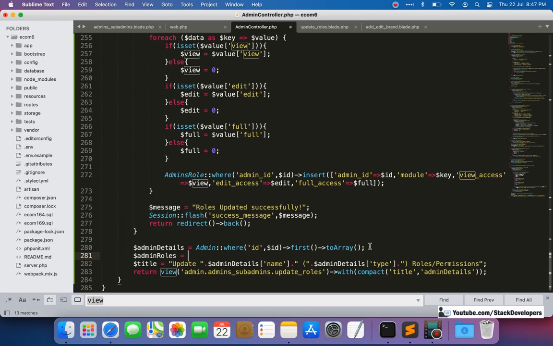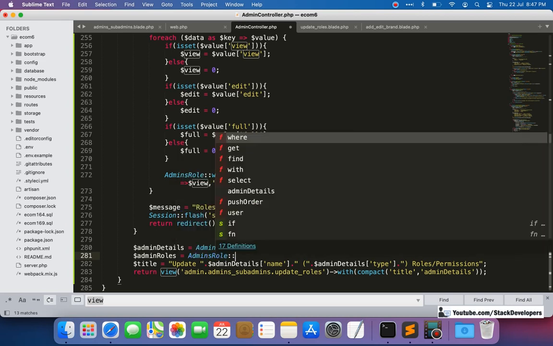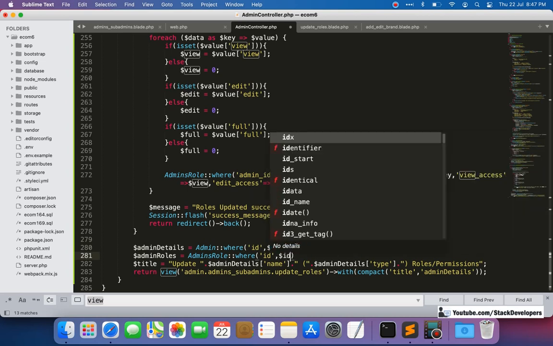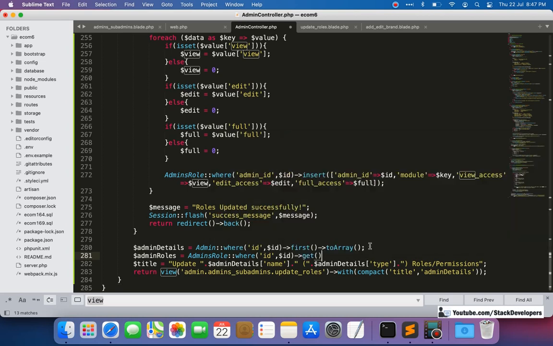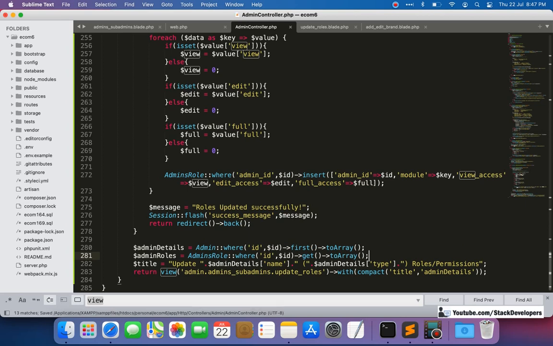In admin roles I'm going to use the AdminsRole model, where id is $id. We are going to use the get because there can be more than one role. We are going to use the toArray for this one as well. So this admin roles we are going to return there.